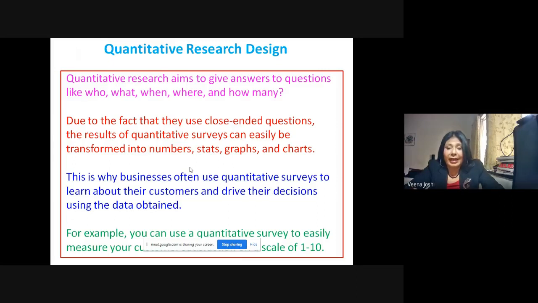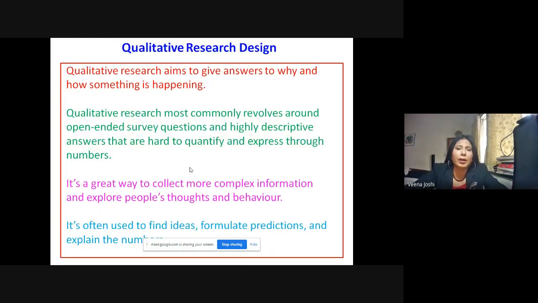So if they have done this kind of tabulation for 100 people or 500 people, data comes out which says that, well, 50% of the customers are not happy with the way we have done the packaging. 10% are very happy with the quality of the product. Some data. This is what we call something which we can count in numbers. But there are so many things in research which you cannot count in numbers. A thought has come to my mind. Can I put my thought to any number? No.